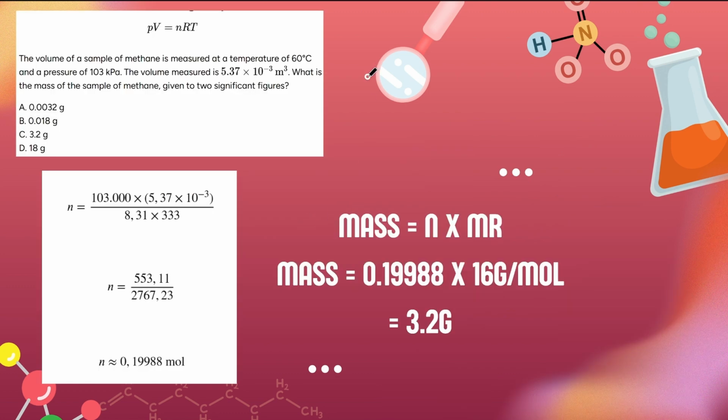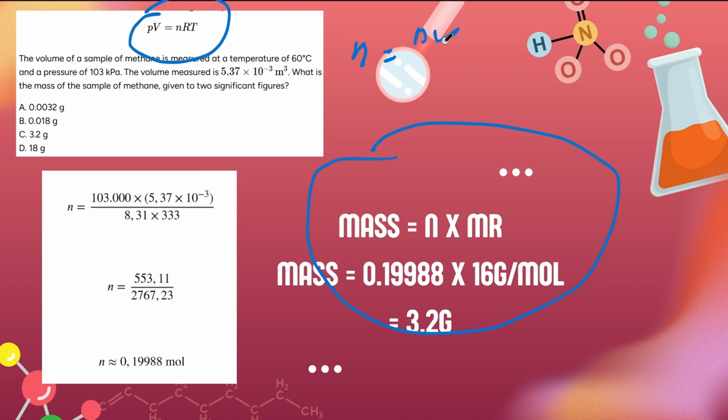So first we find the mole. We find the mole because of course we want to use this equation, n equals gram per Mr, where there is a gram. So if you want to find the gram, we can use that equation. But to use that equation, we need to find the mole. From this question, we don't have the mole, but we can find the mole by using PV equals nRT. So we make n equals